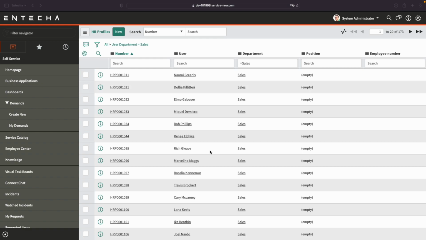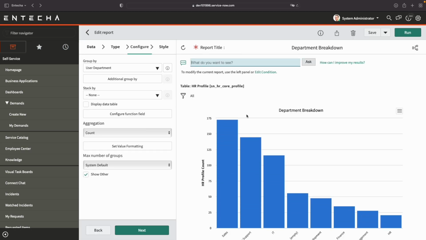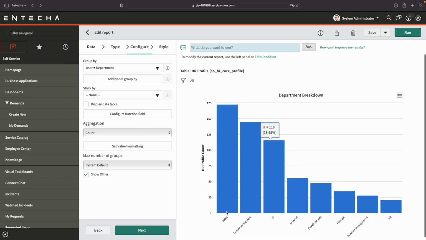So now we've shown you about drilling down into that data. Let's go back to this report, and because I've saved this previously, we've come back and the information is still there. As you can see, again, you've got your departments on the bottom and the number of HR profiles within those departments. There are other additional groupings that you can do, but we'll keep it simple for the purpose of this